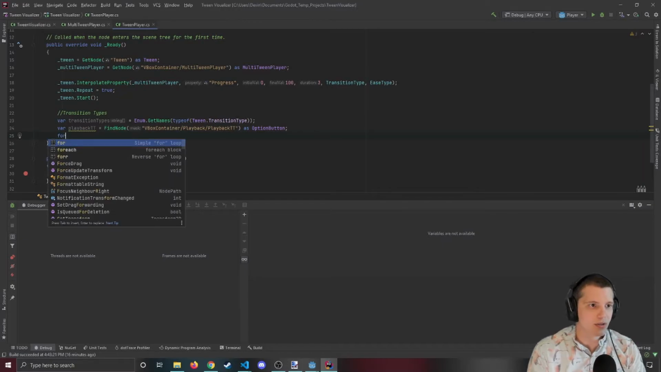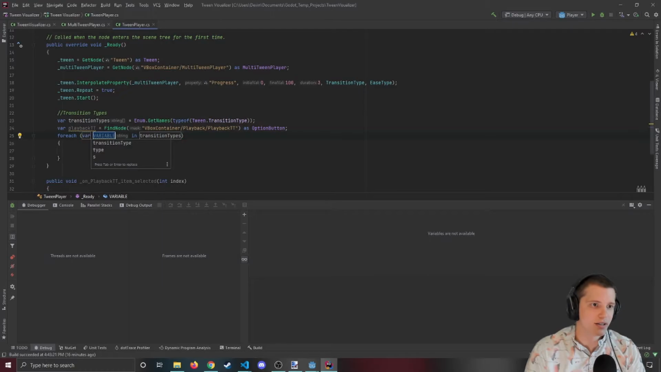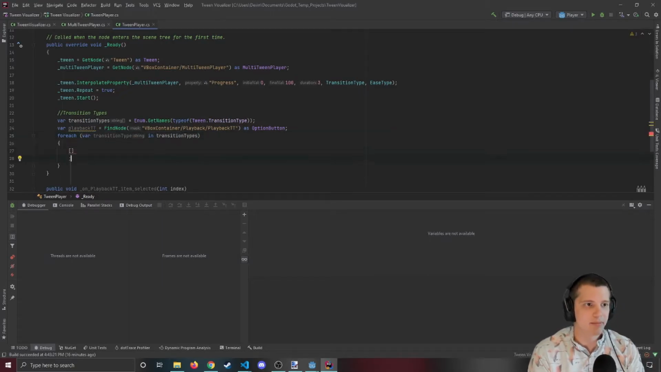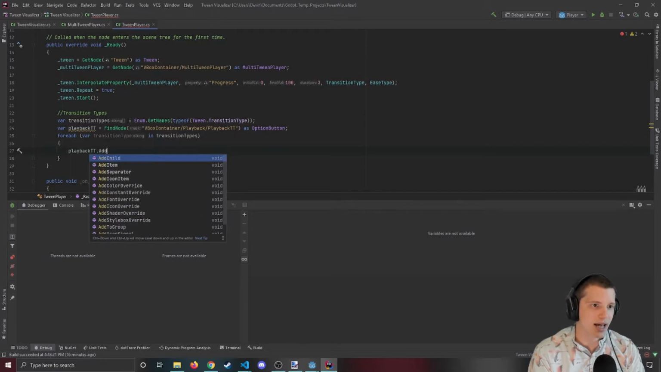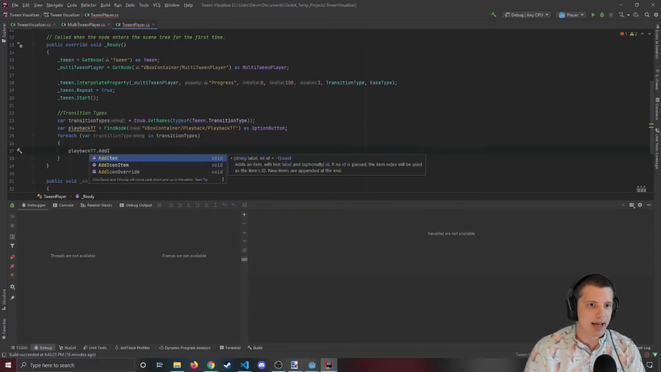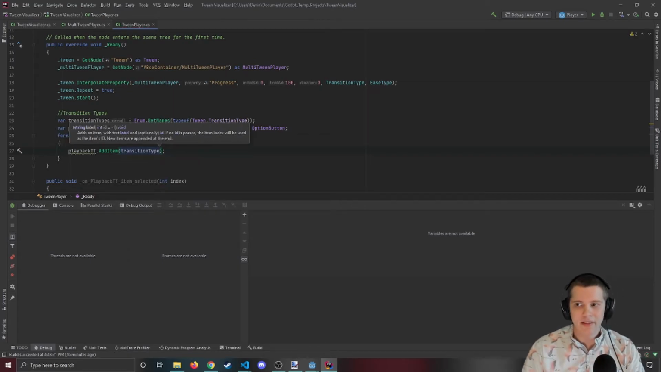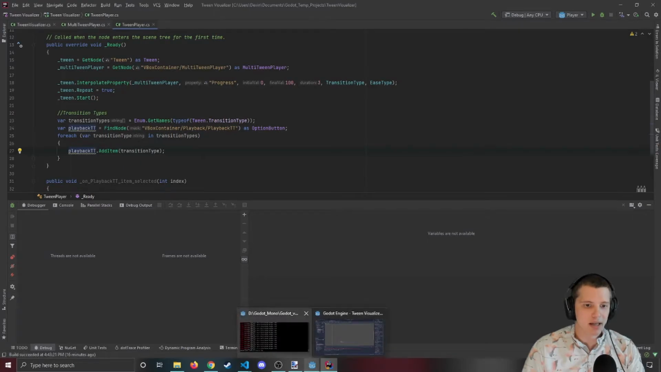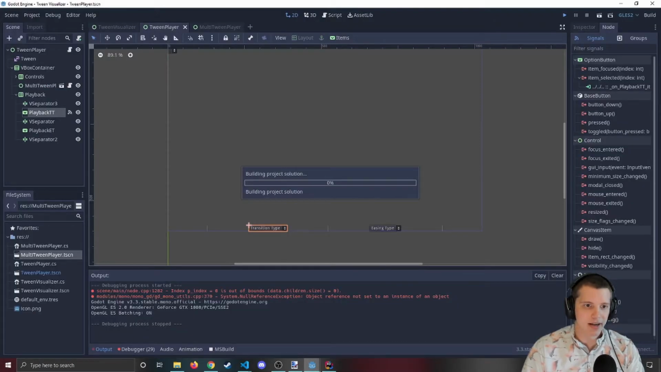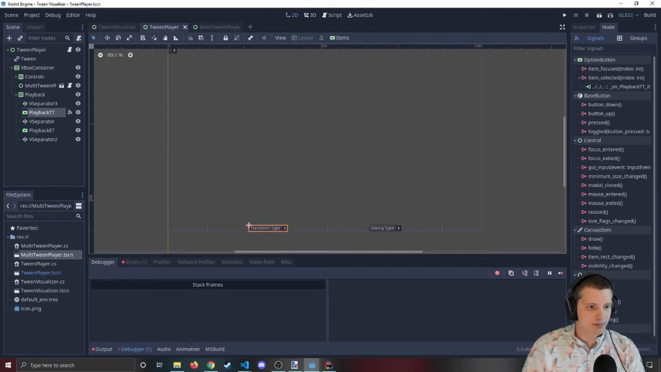So I can just do foreach in the transition types. We can call it transition type there, and playback TT, we can just do add item. And we can just give it the item, which is that transition type in the name. And that's all we have to do. So if I come back and play this again, we should see that in our transition type,